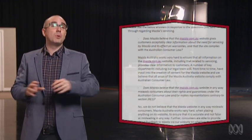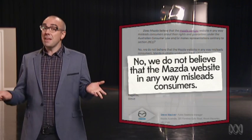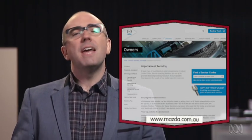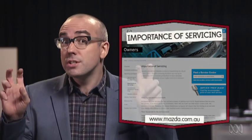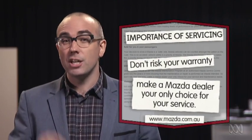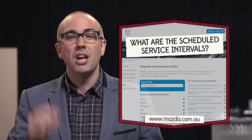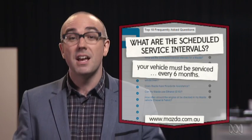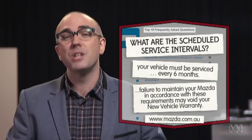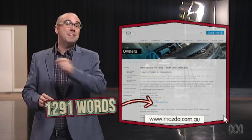You'll be very glad to know that Mazda got back to us, and in very simple, clear language, they told us no, it's not misleading. And you know what? They might be right. For example, if you think that saying in the prominent importance of servicing bit of your website, quote, don't risk your warranty, make a Mazda dealer your only choice for your service, and then saying in the top 10 FAQ section, your vehicle must be serviced every 6 months, and that not following that requirement may void your new vehicle warranty, if you think that's not misleading because there's a hyperlink to a 1,291-word lawyer's picnic of a warranty document